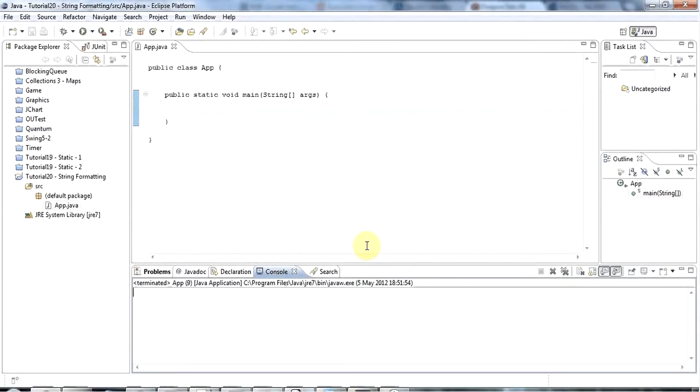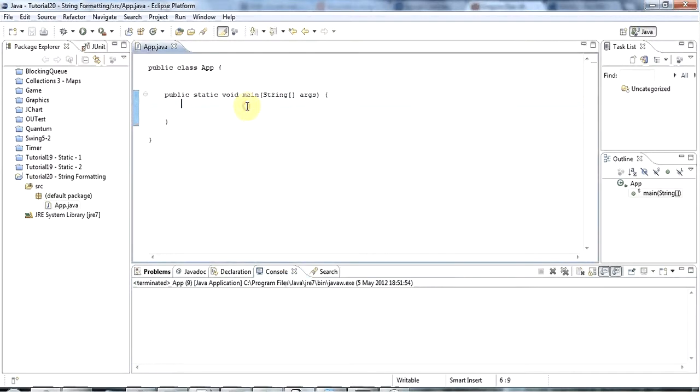Hello, this is John from caveofprogramming.com, and this is a tutorial on StringBuilder, StringBuffer and string formatting in Java. And we're going to need these concepts before we look at things like the dot equals and the toString methods in future tutorials. So I've got a main method in Eclipse here, and I want to start by remarking